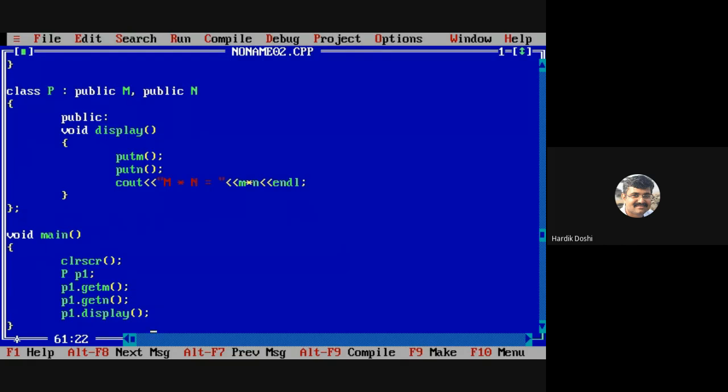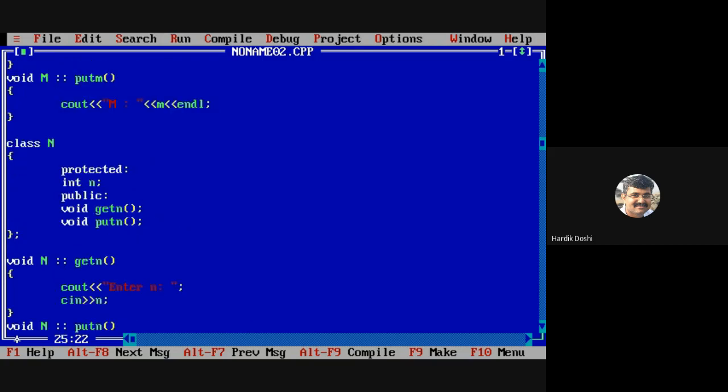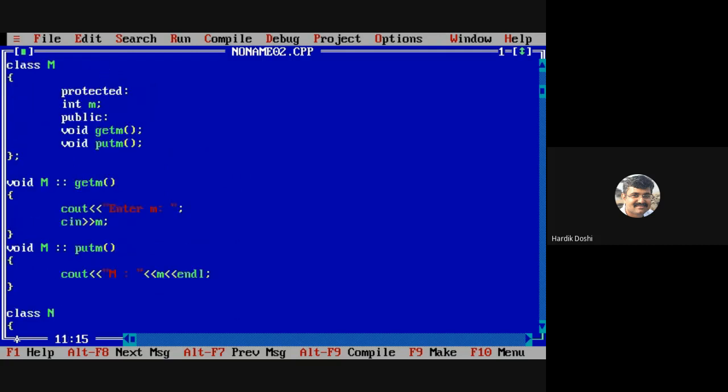But there is one problem. So can you state it? Yes. Say for example, just understand. Say for example, I am having a putm function over here. Instead of that, I write display function.